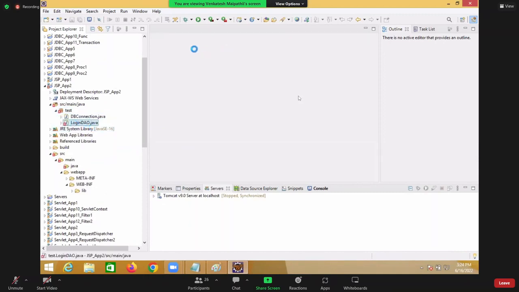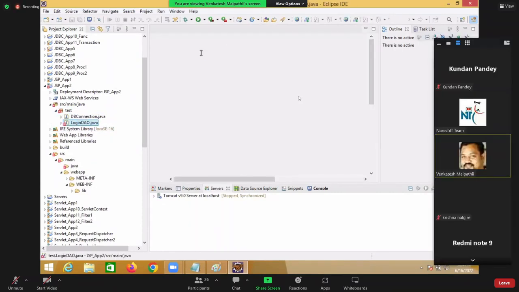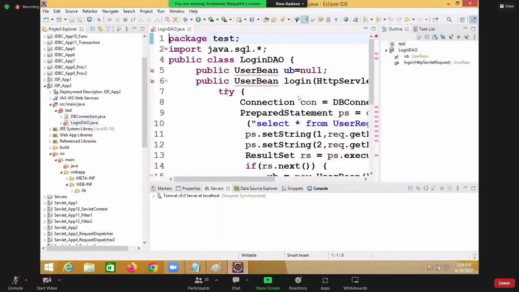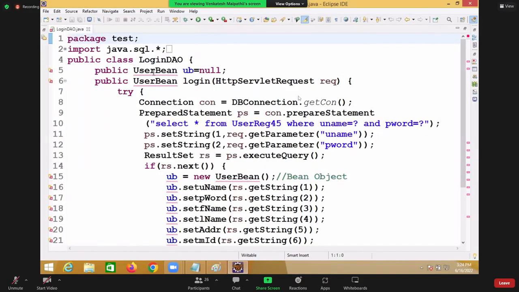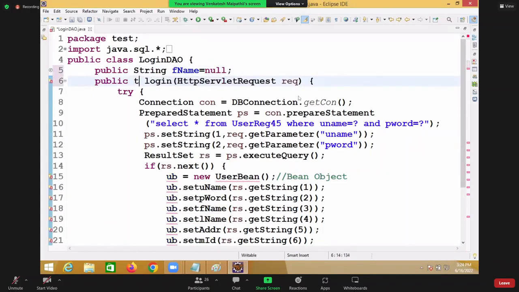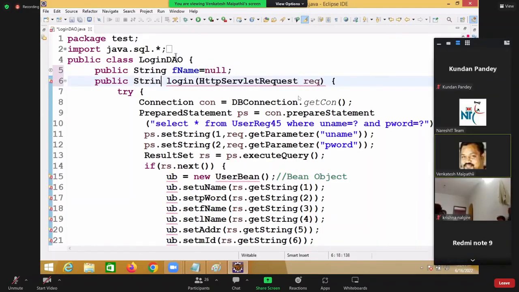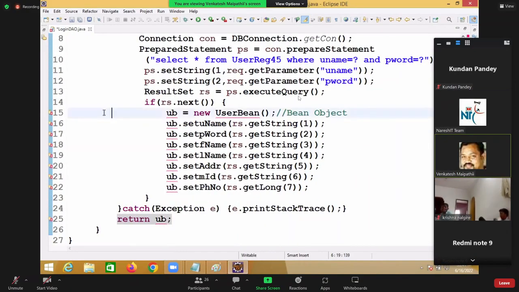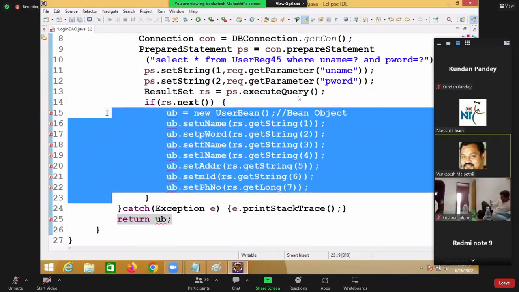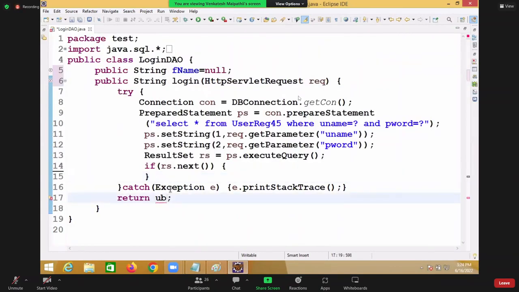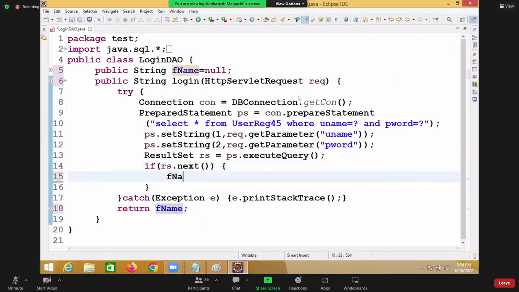In the login DAO, you are taking the request anyway, but I want string as the return type. F name, I want string as a return type. So bean not needed. For this F name, we take